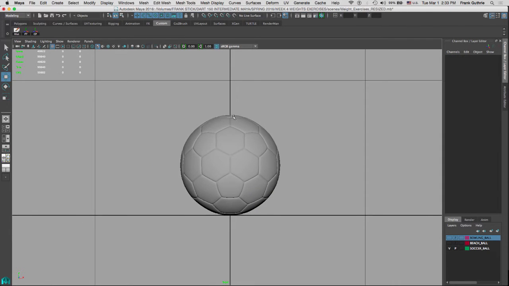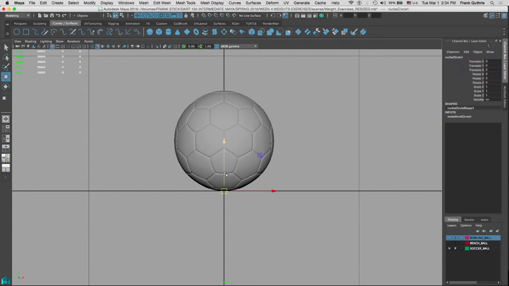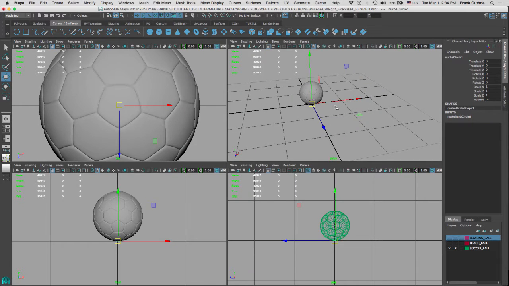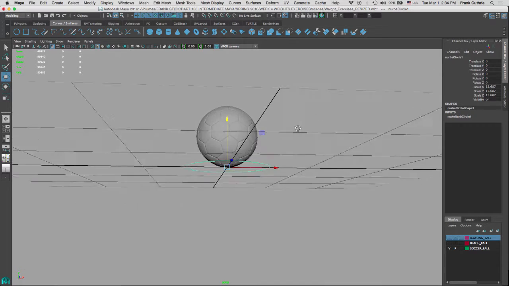Okay, so what I'm gonna do is I'm gonna create a NURBS curve, which is gonna be our controller. So we will use that NURBS curve to control the movement of the ball. We're not gonna select the geometry. You do not wanna select the geometry. So to create that, we are gonna go to Curves and Surfaces, and I'm gonna click on the very first icon, which is the NURBS circle. When I click on it, notice that it puts it right here at the XYZ coordinate, and I'm gonna hit R for scale, and I'm gonna scale it. Well, this is gonna be my main controller. This is what we're gonna use to move our ball, to set the keys